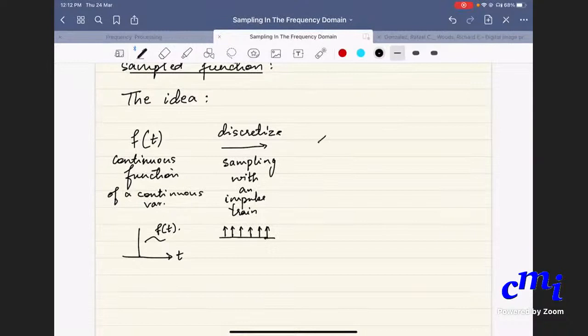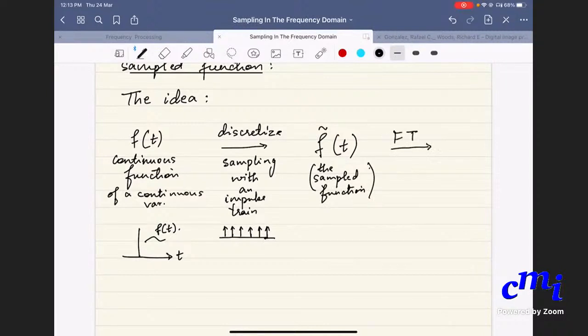And you have obtained the sampled function f tilde t. This is what we are going to call the sampled function or the sampled signal. Now what you can do is apply the Fourier transform to this sampled function. Now what happens is